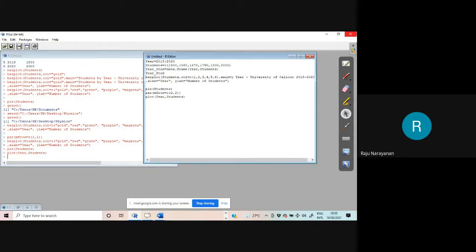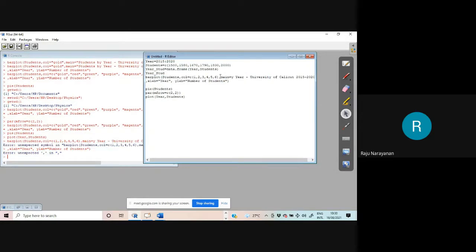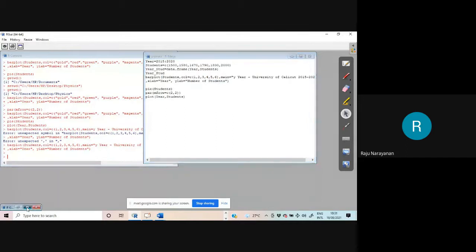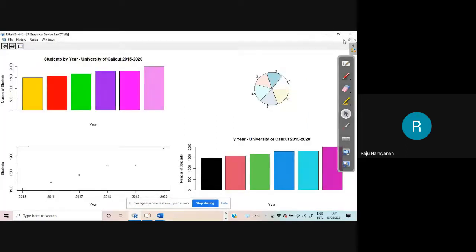Let it be there. Let me check whether it works. Error, unexpected comma. Where is the unexpected comma? Because when I deleted so many things, yeah, it is working. 1 means black.